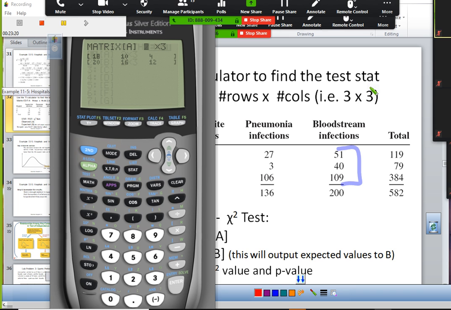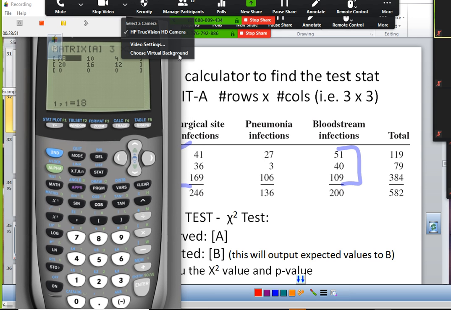Now I want a 3 by 3, 3 rows, 3 columns. Yours probably says 1 and 1. So just type in 3, and then arrow over or hit enter, and then type in 3 there, hit enter, and all of a sudden, boom, it's going to give you a 3 by 3. And then put them in. So we have 41, 27,